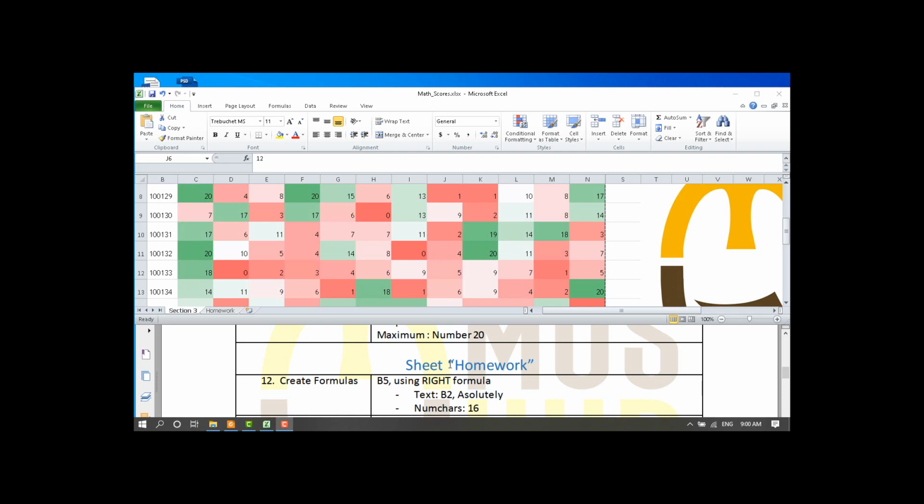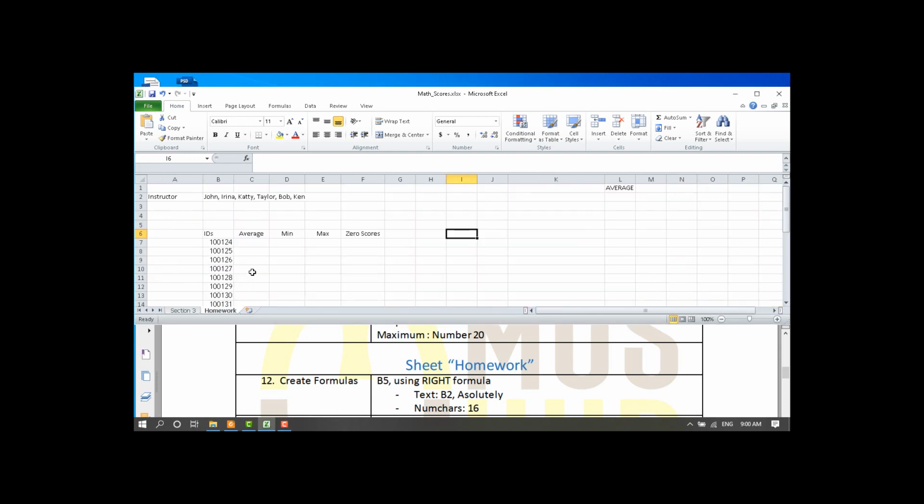Now we move to the set homework. You select homework. In this instruction we need to create the formulas. For the formula, you remember we have the cell to keep our result. In this case we keep our result in B5. So we select B5 and we use the right formula by clicking the insert function button,